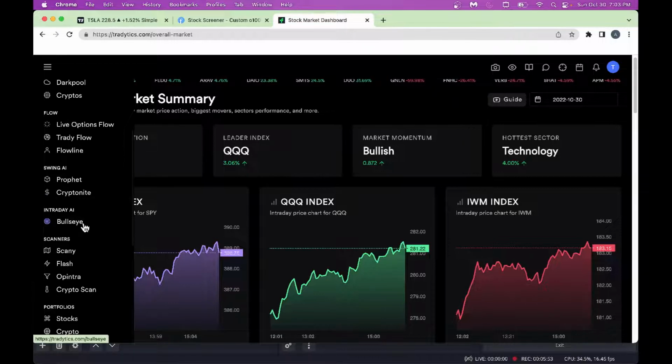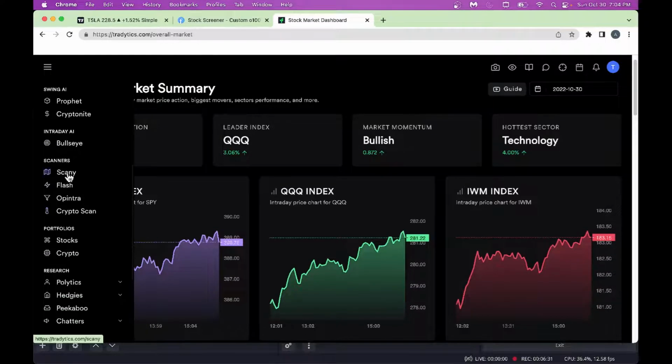And if you're an options trader, especially if you want to day trade options, you can look at the Bullseye. You've got to be quick though. You also have to look at the chart to really trade in and out. It's a very good tool. It lists a couple of very high probability options for you. You could trade them. Always look at the chart before you trade, because these are time sensitive alerts. If you wait on it, that alert may have fallen apart by then, so always look at the chart and then trade.